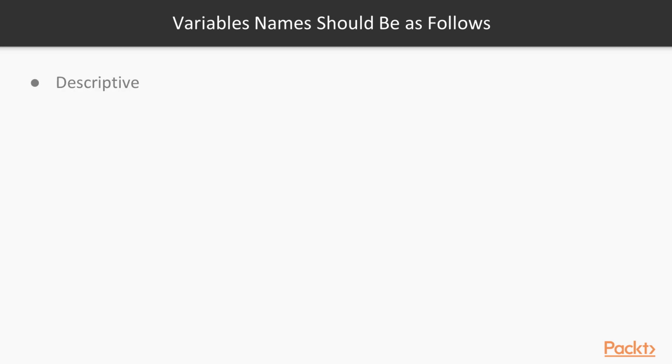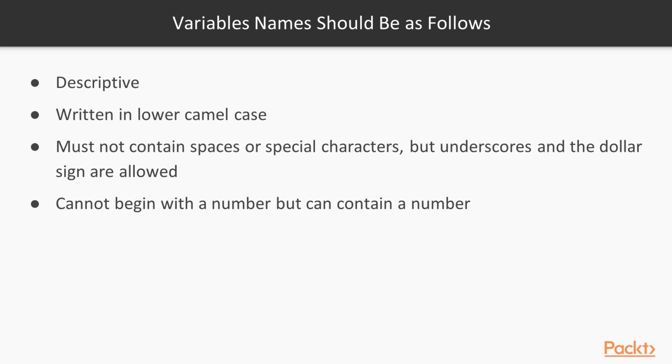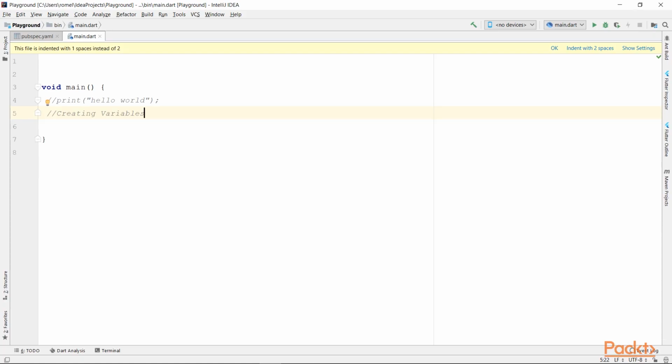Variable names should be descriptive, written in lower camel case. They must not contain spaces or special characters, but underscores and the $ sign are allowed. Variable names cannot begin with a number, but they can contain a number. Names cannot be keywords. If we type var firstName and we don't set a value, this is called declaring